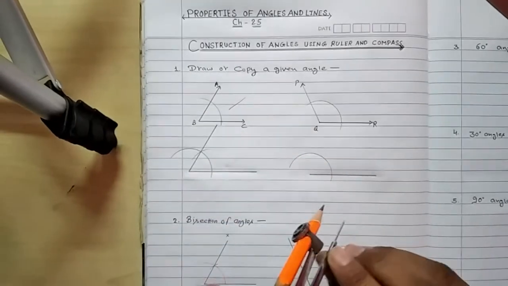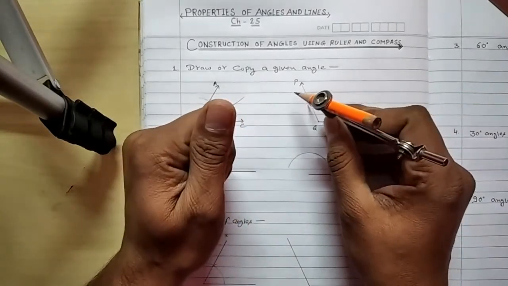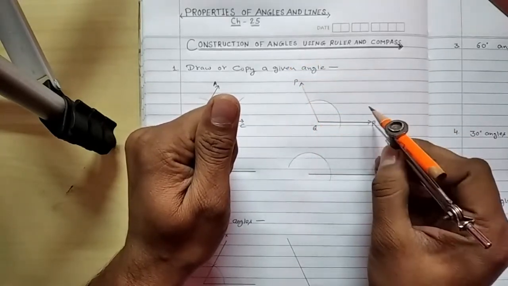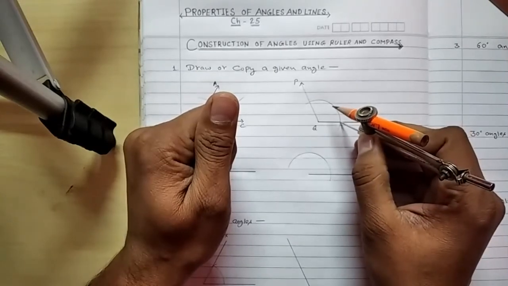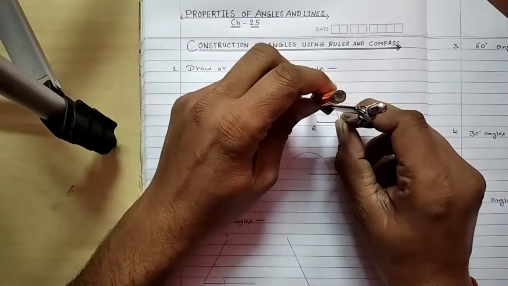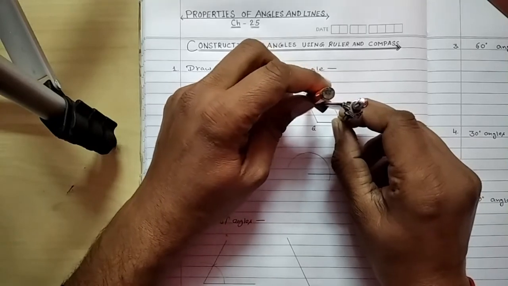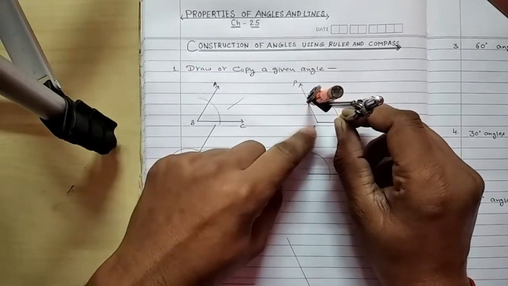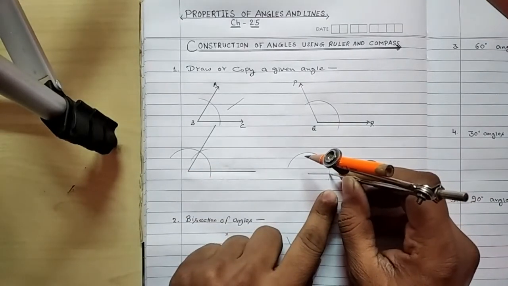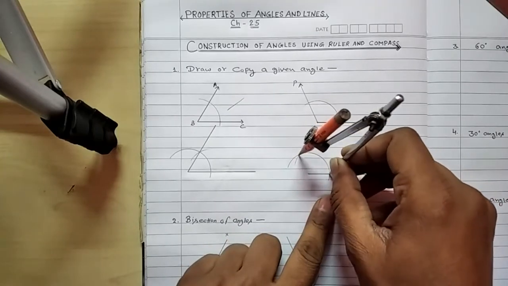Got it? Now after that you put the compass at one of the points where the arc intersects the lines PQ and RQ. After putting the compass at one point, you take a distance to the other point where the same arc intersects the line PQ. Now you will put your compass here and cut the drawn arc.